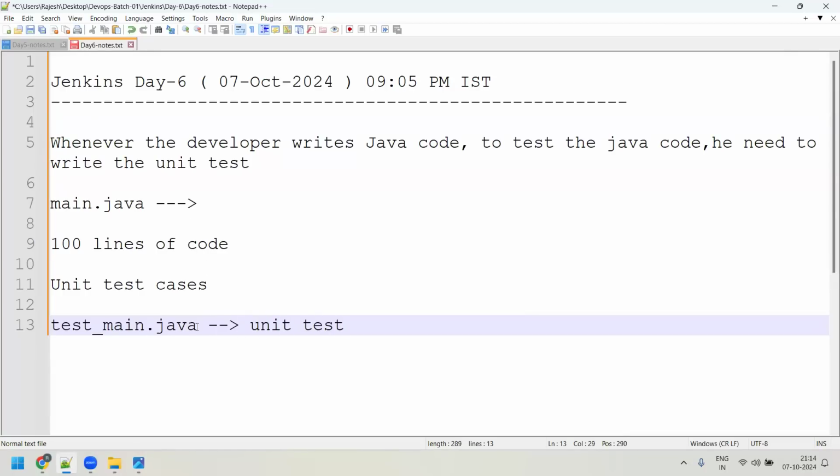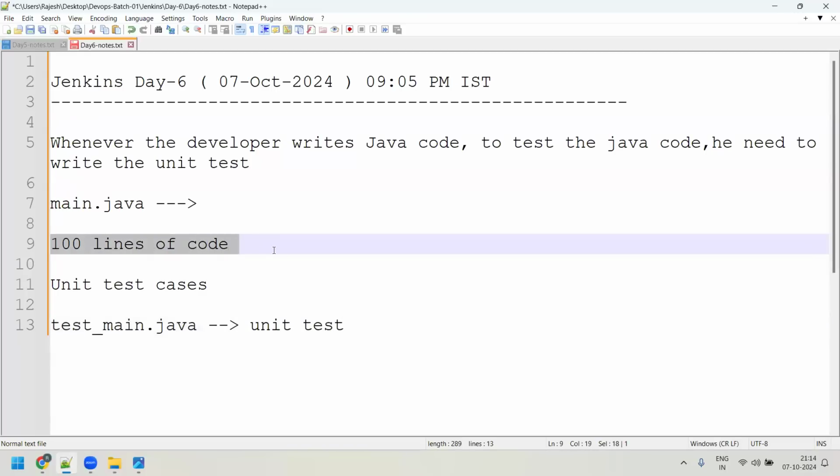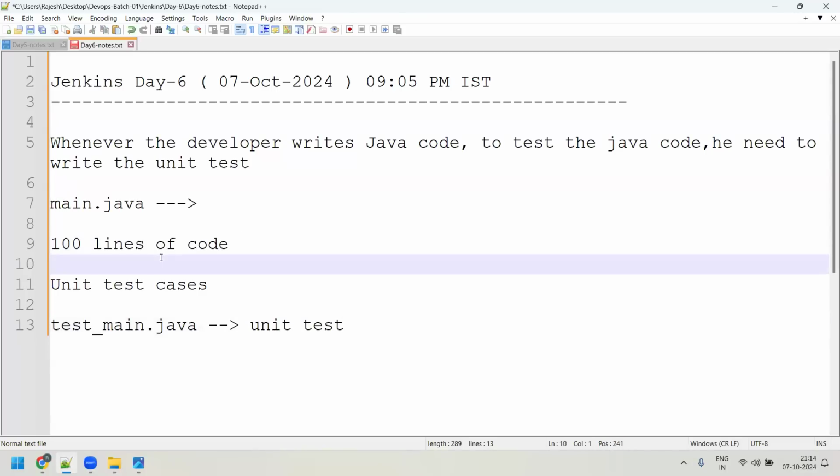Okay. And what he will do is write the code in such a way that it verifies all these 100 lines of code. It's not like debugging. It is something we call code coverage. Code coverage is where he's going to test whatever functionality he has written in the